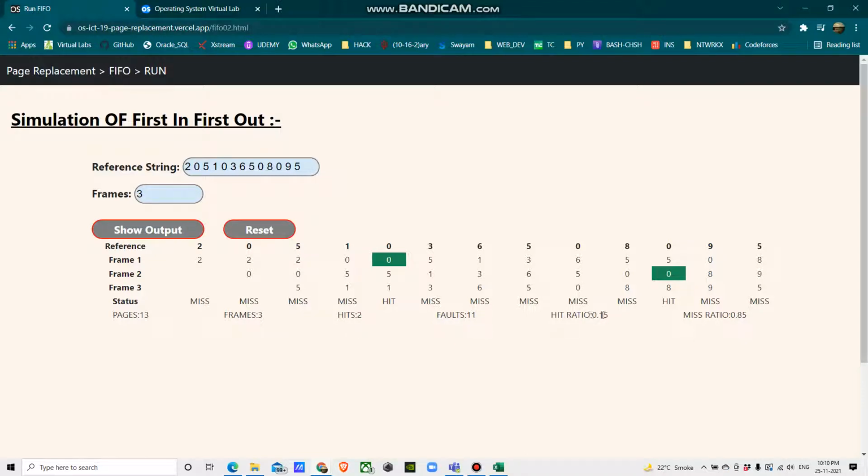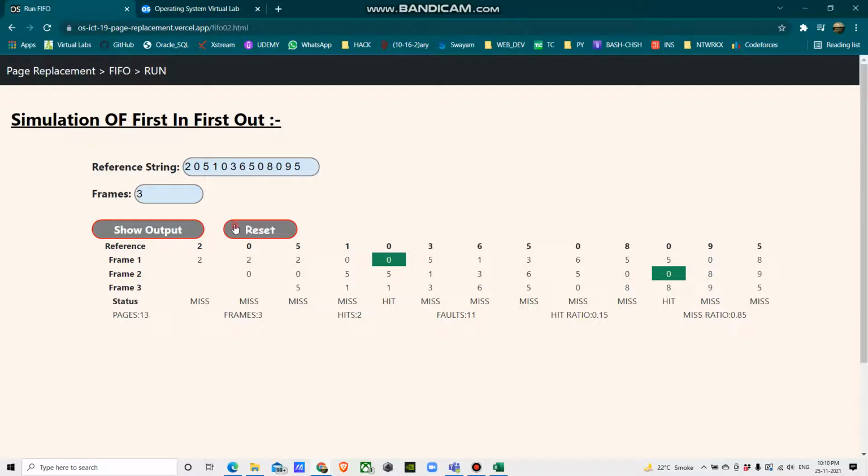Hit ratio is 0.15 and miss ratio is 0.85. Here we can cross verify by adding the number of hits and number of faults. Adding the number of hits and number of faults should be equal to pages. Means this algorithm we have implemented is exactly correct, and it has no deficiency in it.